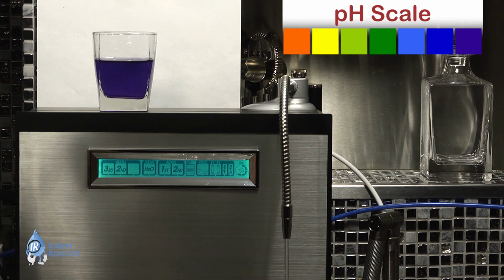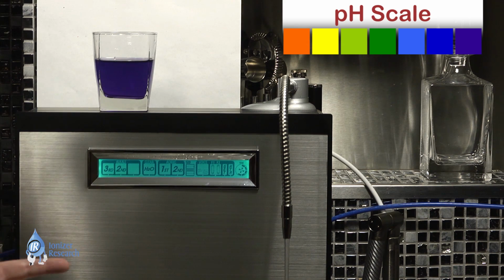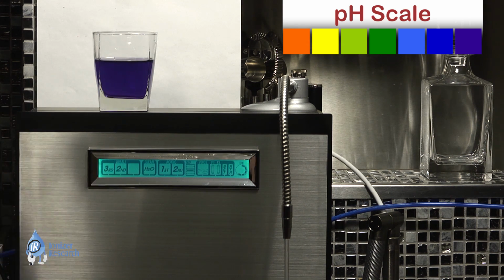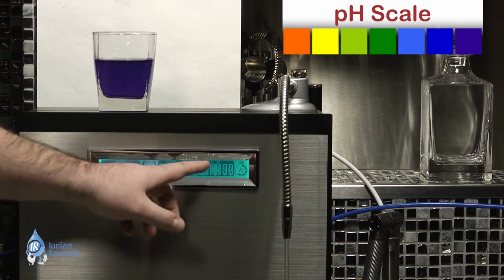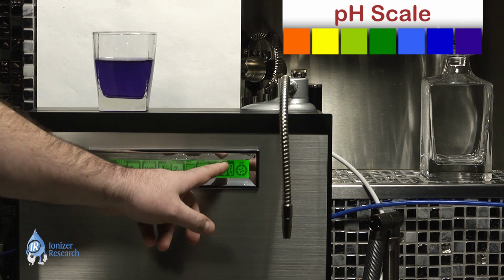Okay, so here's where it gets interesting, people. I'm going to do the same test again, but first I'm going to show you how easy it is to go into the setup mode and adjust the power. I'm going to turn the power all the way down on alkaline level 1. And let me just start by showing you real quick. So first thing I want to do is turn the water off, go into the setup mode,